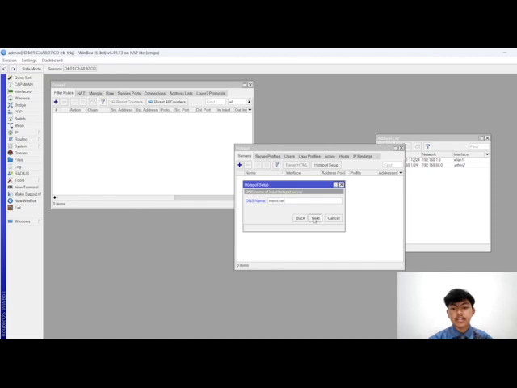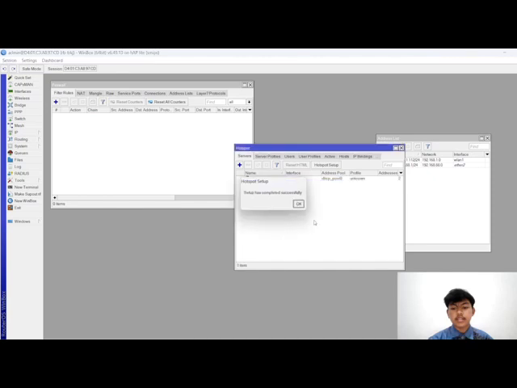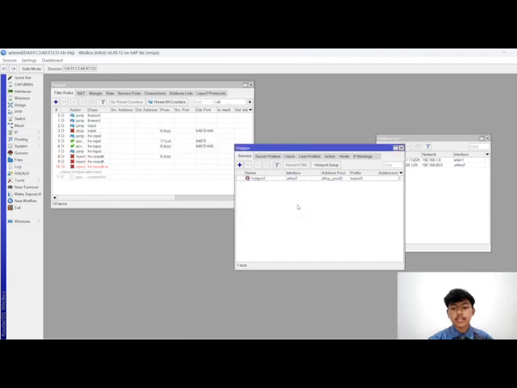I will make the name mainnet, and the admin name is Salman and the password for the user is admin 123. Next, successfully.